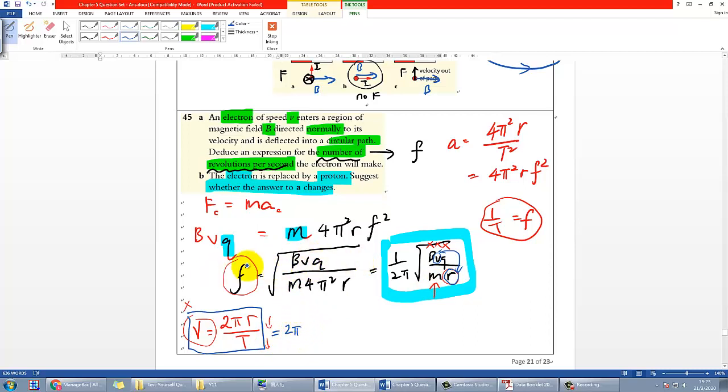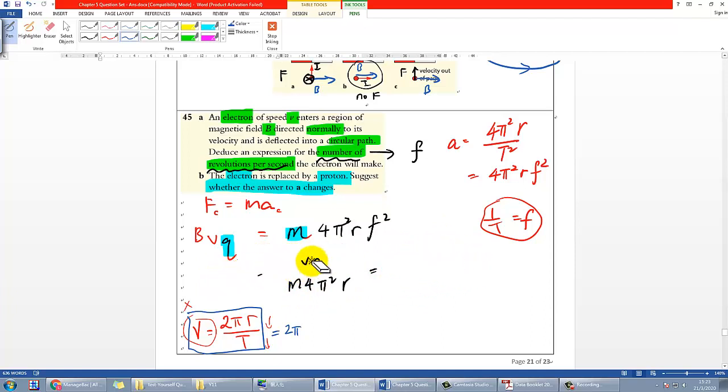Oh, shall we actually redo the whole thing? Maybe it would be even better. So let me just quickly redo this expression. All right. So V is 2 pi R over T, and that would also mean 2 pi R times F also. So we could actually substitute this into part A. B 2 pi R F Q